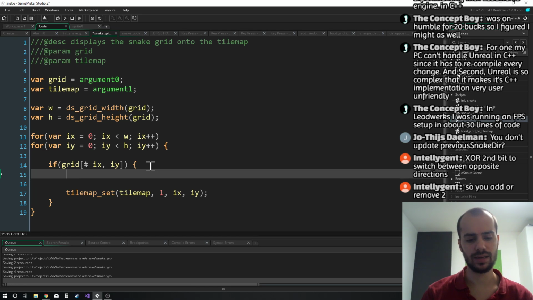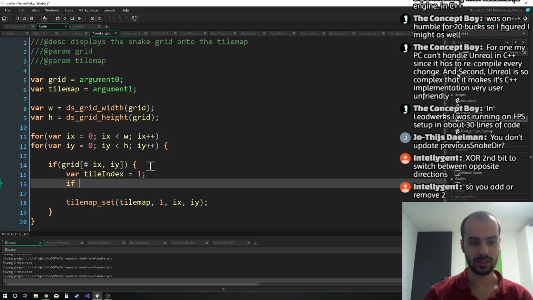So we can say if, let's do var tile index equals 1, and we could say if grid ix iy equals 0. No, if it's equal to 1, it's a tail. If it's equal to length,